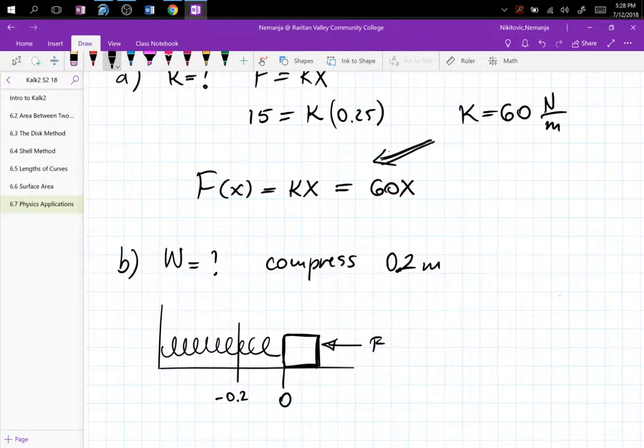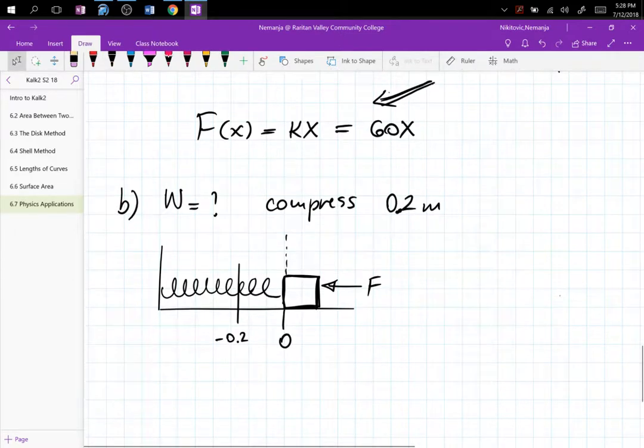Wherever the spring is comfortable, that's the equilibrium point, and then you can compress it or stretch it. If you're stretching it, you go the other way. We have the force F applied that way. So we are looking for the work done